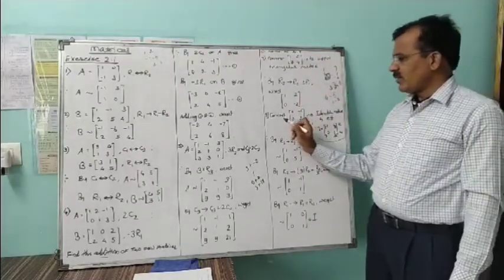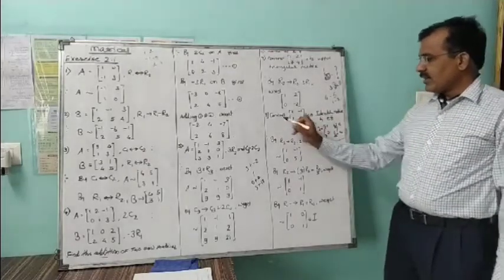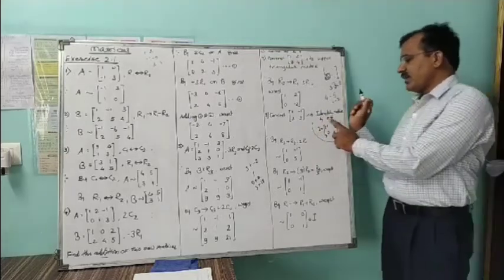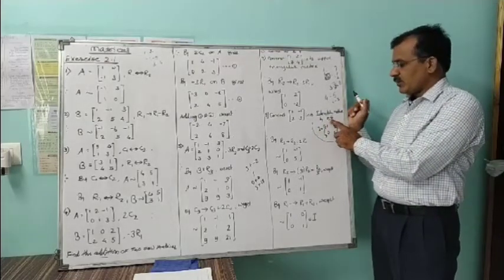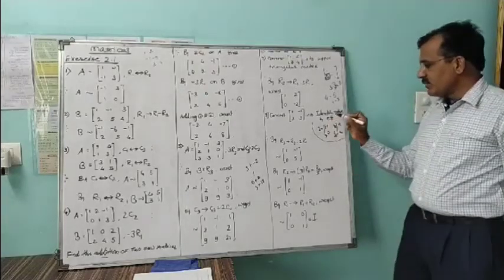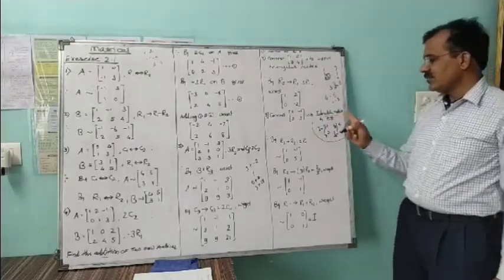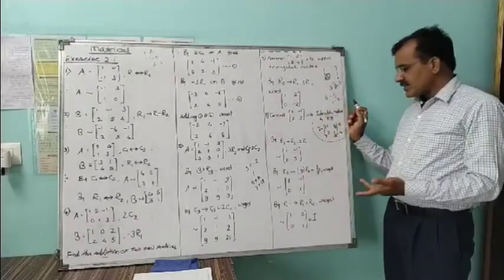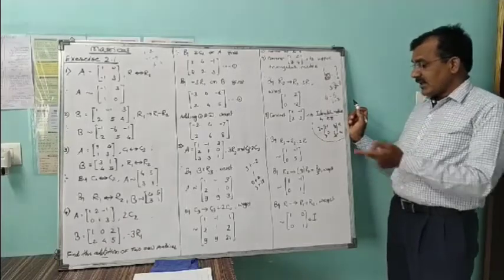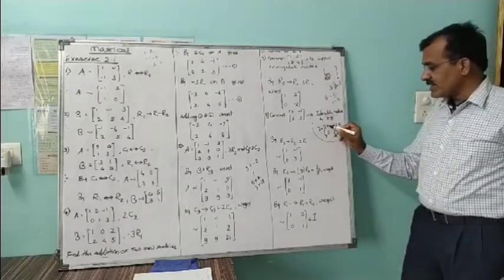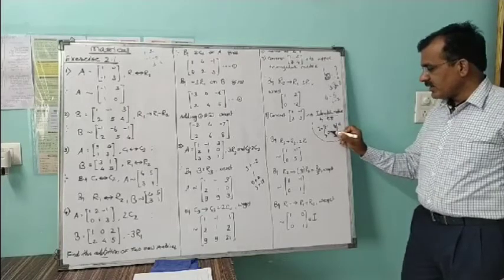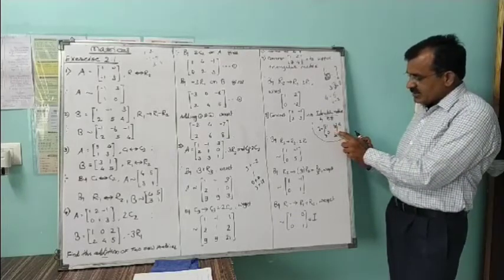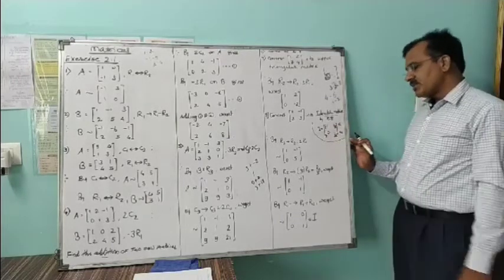Now similar type of work in example number 8. Convert this matrix 1 minus 1 2 3 into an identity matrix by suitable row transformation. So we have to use row transformation. And what is meant by this identity matrix? We have seen in basic and 11th standard. An identity matrix is a square matrix, a scalar matrix, and it has its diagonal elements as 1 1 and each non-diagonal element as 0 0. So diagonal elements must be 1 1, non-diagonal must be 0 0.